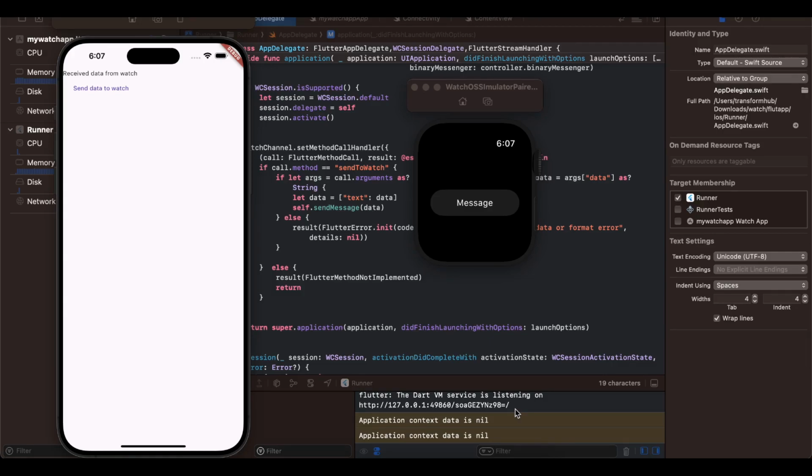In today's video I will show you how to send data from iOS to watchOS and watchOS to iOS using Flutter. So first of all I will show you the output. So here I have one button on watchOS and one button on iOS. So if I click on this button of message on watchOS,